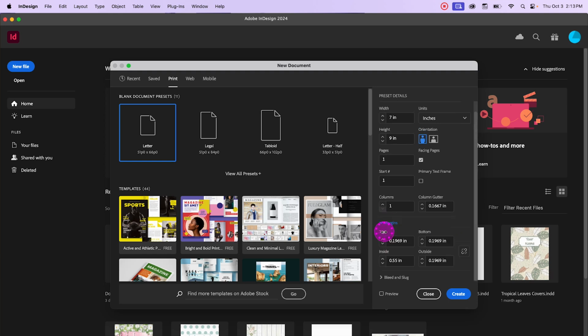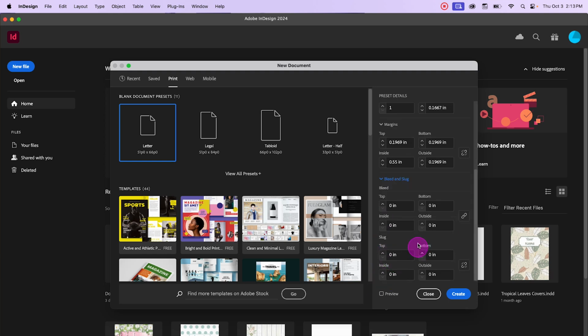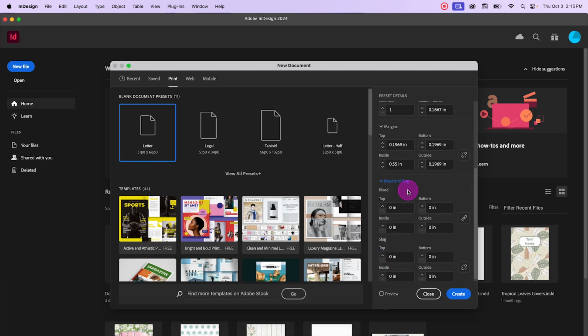And now we are going to look at bleeds. As far as bleed goes, you really only need this if you intend on having anything going to the edge of the page. So although it doesn't hurt to add this, generally speaking, it should really be a minimum of 0.125. So that's 1/8 inch. Keep in mind, some printers may require or ask for 0.25, which is a 1/4 inch,